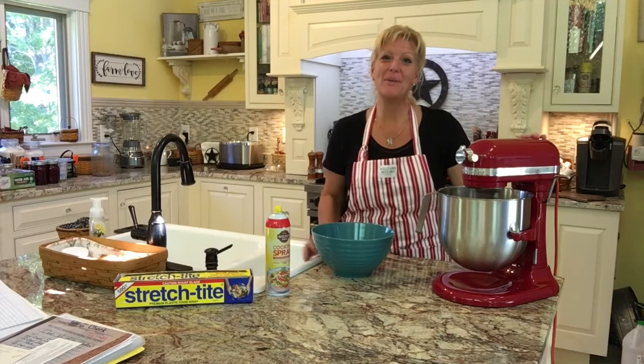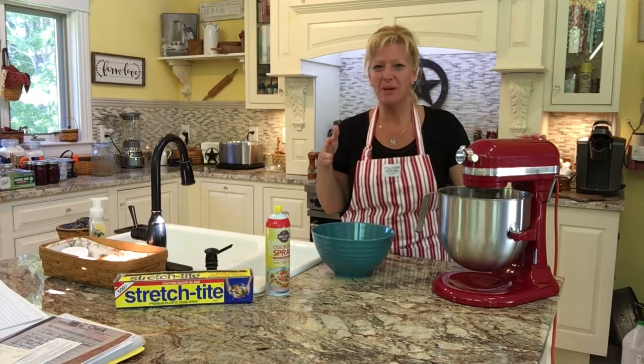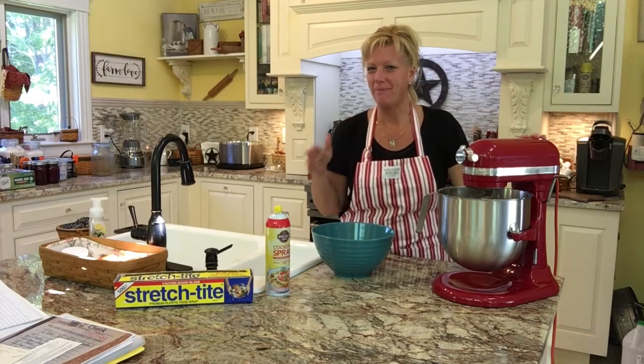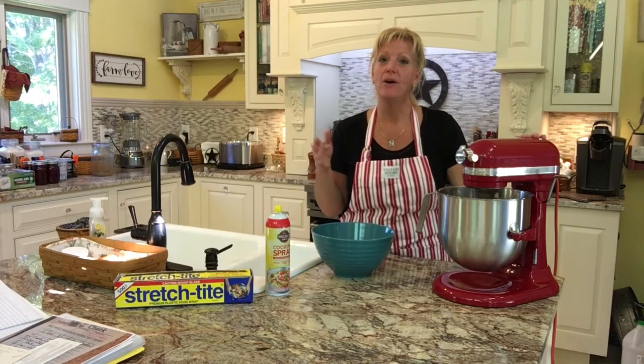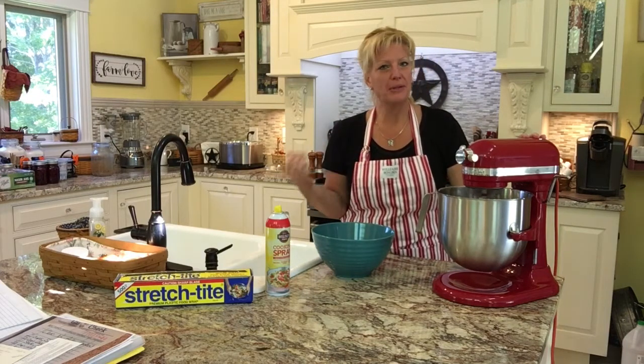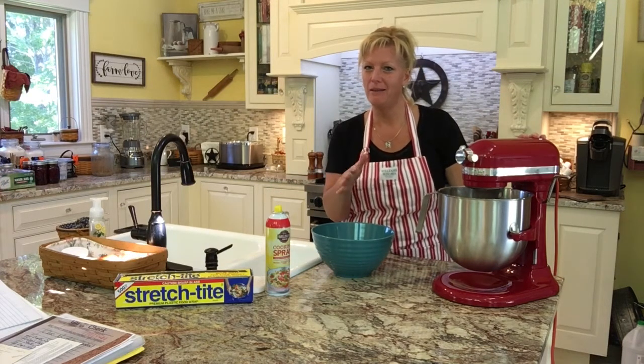All right, we're back. The mix has been going for about 5 or 6 minutes. It's only on speed 2, so it's just one above that stir speed, okay? And I've just kind of let it set and incorporate a little bit. Now, if your dough is a little too loose or a little too soft, you know, like as far as